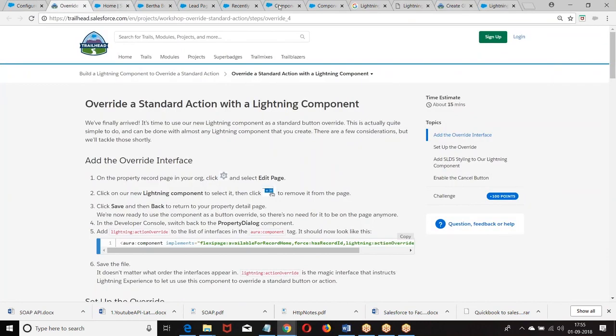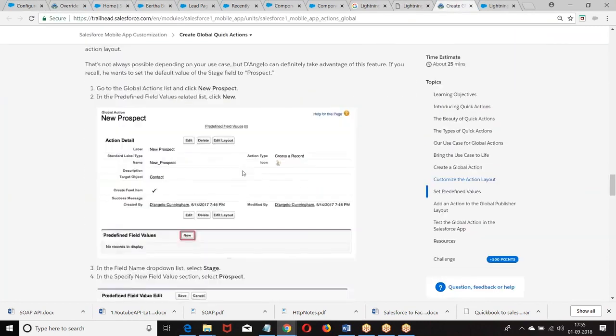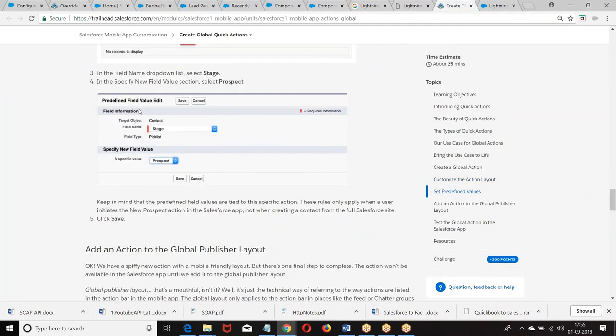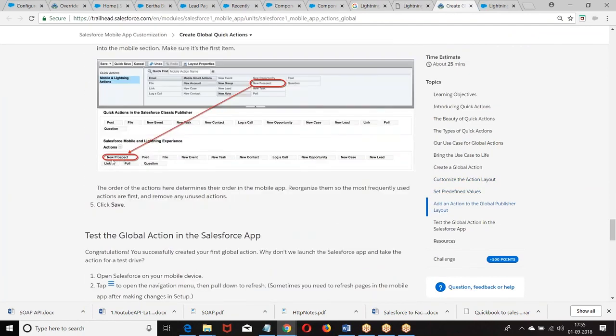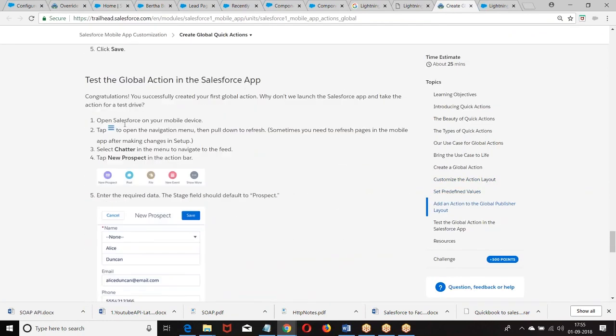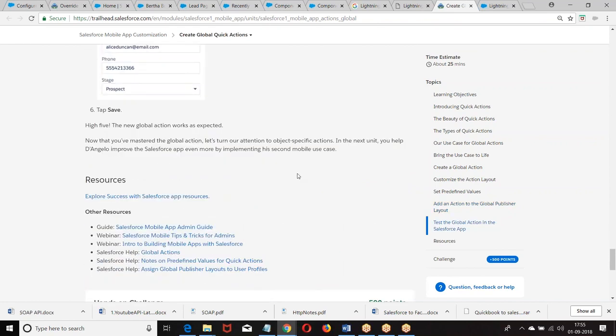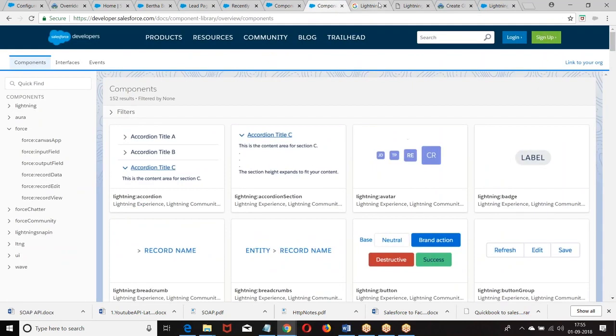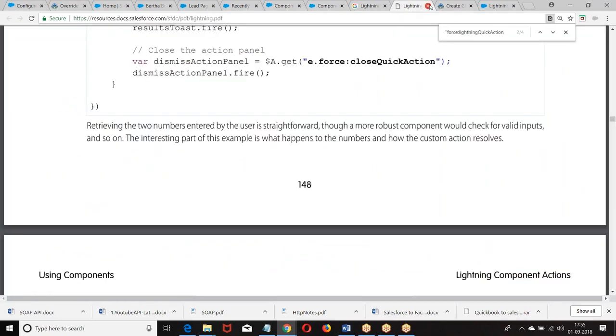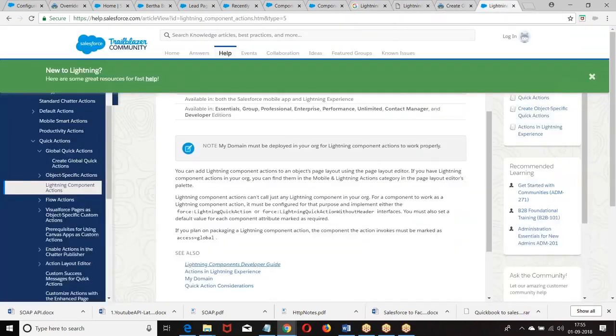So what did we do? Select the action, add the action, then the mobile environment will be seen, but it has to be displayed here also. Let me cross check, boss. There's some bug from my end. Let me cross check what the bug was. It was our code actually.